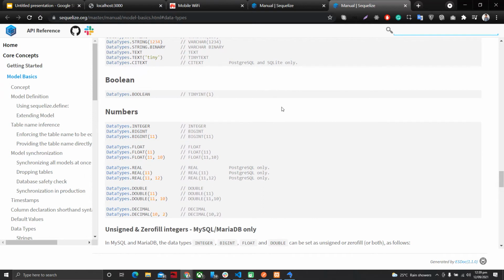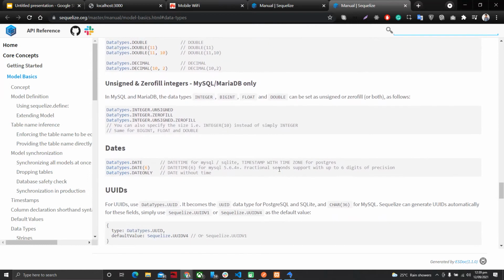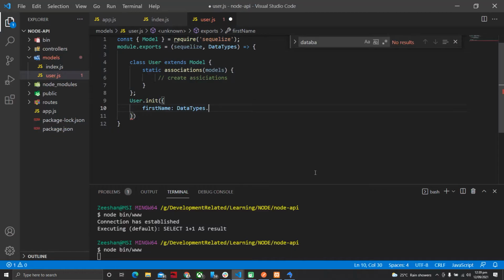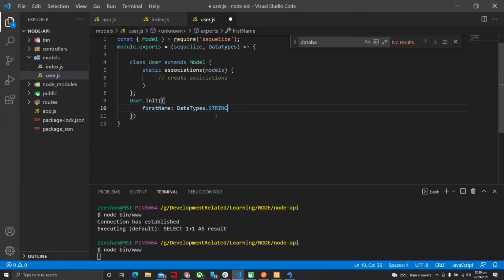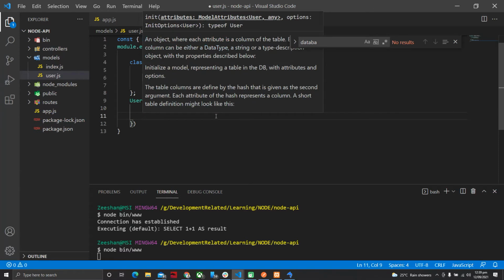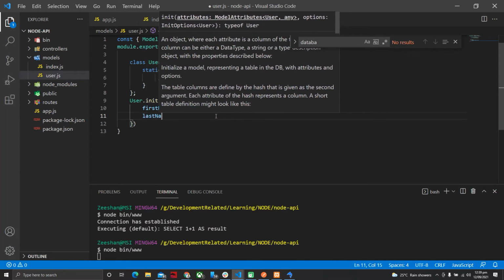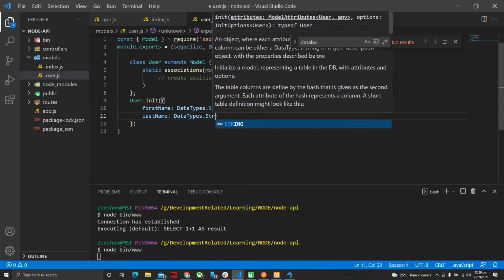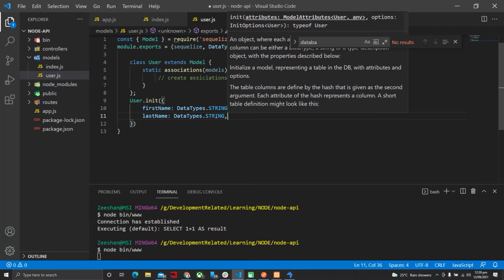So that's how you can do it. And here they have given you a proper guide where it says this data type is only for Postgres, or this is only for SQL, or if it is for both, there is nothing written. So string is for both. Obviously I will write it down here like string. First name and last name would be data type dot string, and the next one would be